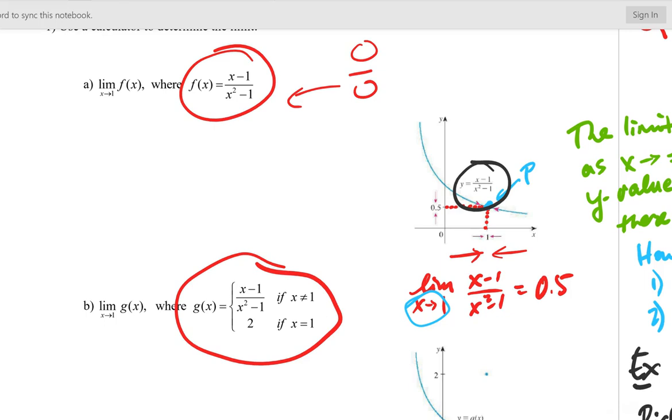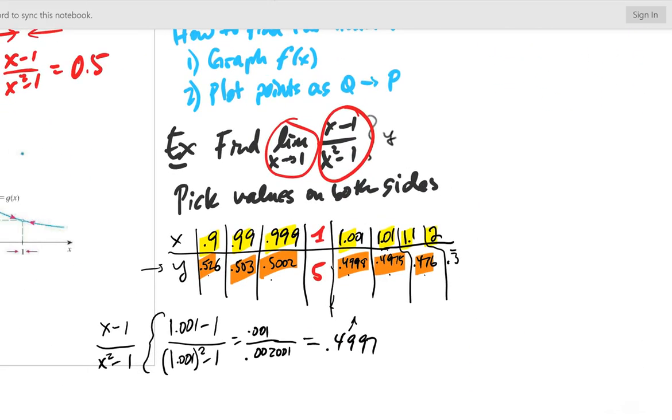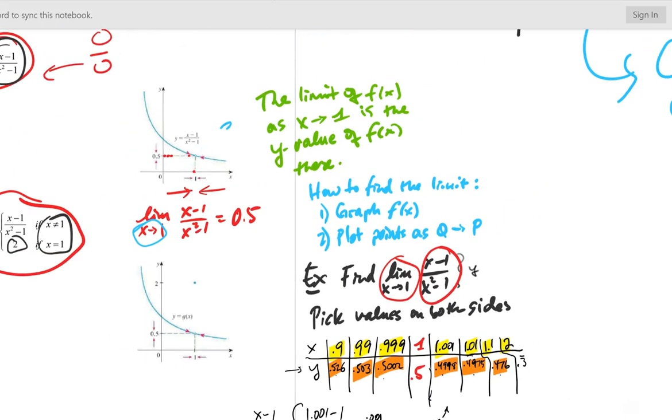If you notice, this function right here is the same as this function. And so, except at the value of 1 itself, they're going to assign the value of the function 2. Now, the limit is still going to be what we found before, which was, I'm sorry, this was 0.5, not 5, 0.5. We're still going to get 0.5